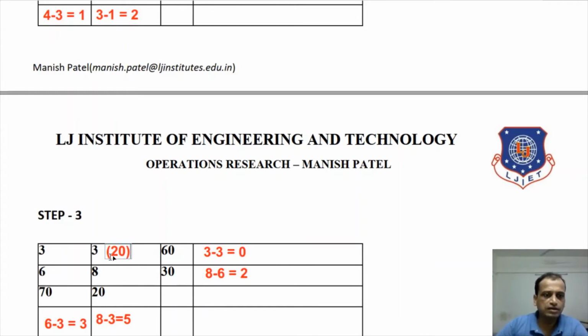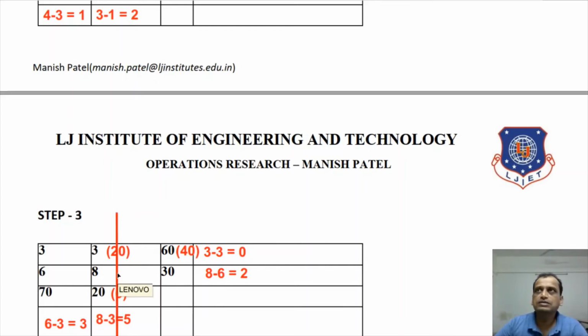So let's allocate here. So what is the new demand here? 0, because we have allocated 20 here. Clear? What about here? The supply is 40. Clear? Now this demand is already fulfilled. So we will try to cancel out this. So let's try cancelling this out. Clear? So what is the new one here?